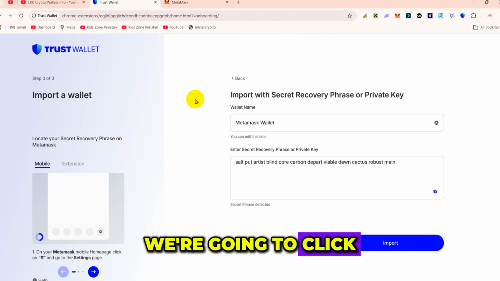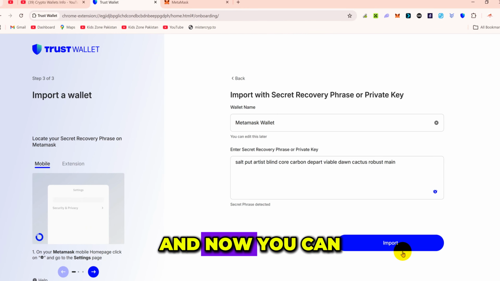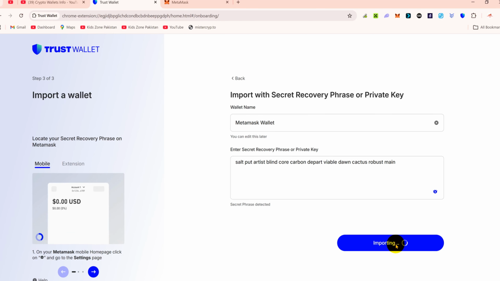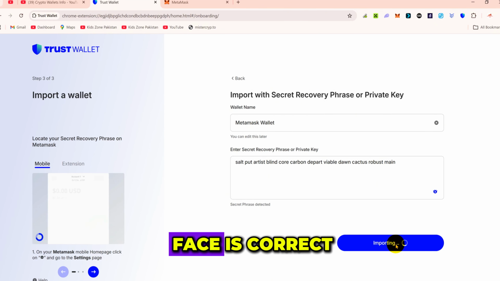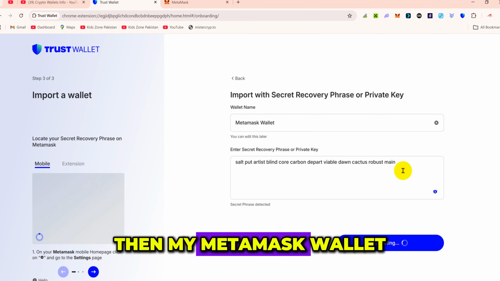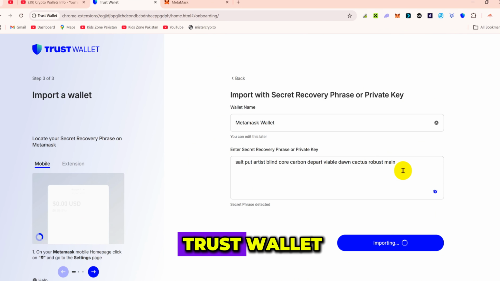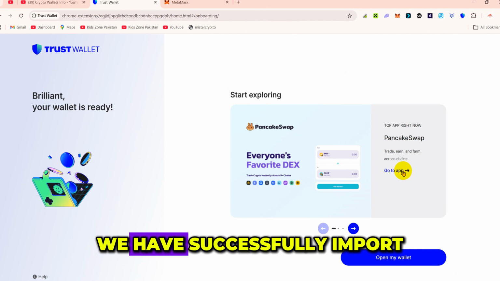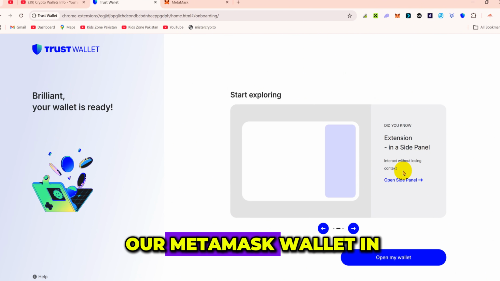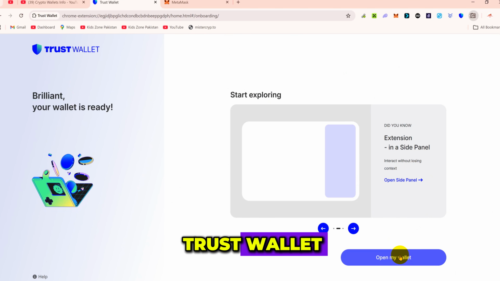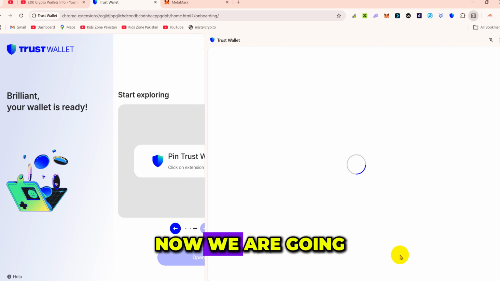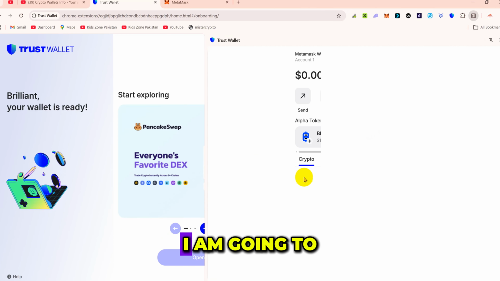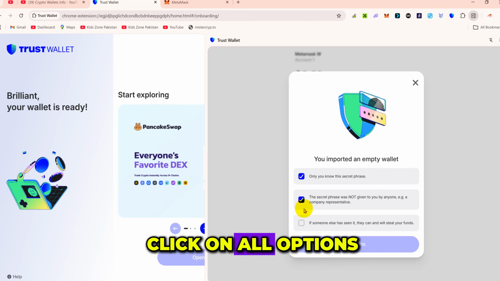We're going to click again on Trust Wallet and now you can see the import button is available here. Now waiting. If our phrase is correct, then my MetaMask wallet will be imported in Trust Wallet. So as you can see here, we have successfully imported our MetaMask wallet in Trust Wallet. This is so simple and easy. Now we are going to cross-check whether this is correct or not. I'm going to click on all options,